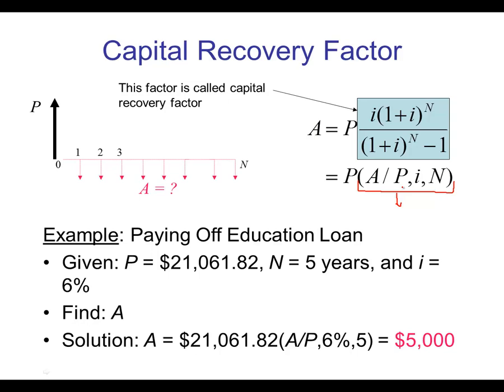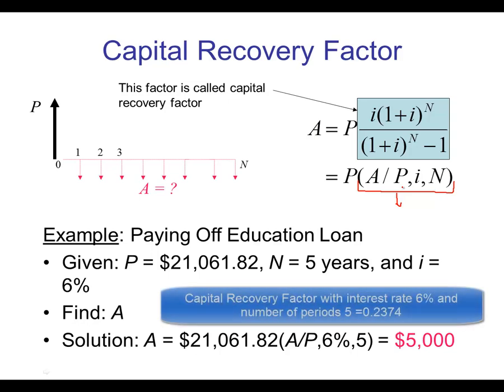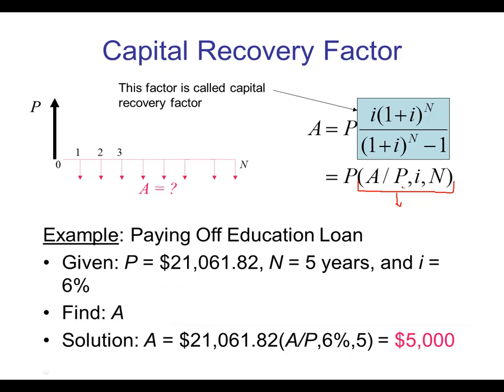What will be the annuity to pay back this amount? If we calculate the annuity, we know that A is equal to P multiplied by the capital recovery factor. So we multiply 21,061.82 with the capital recovery factor, and we will get